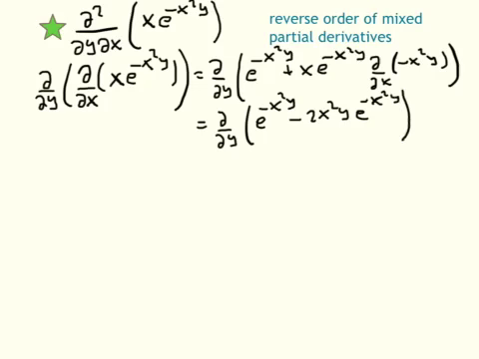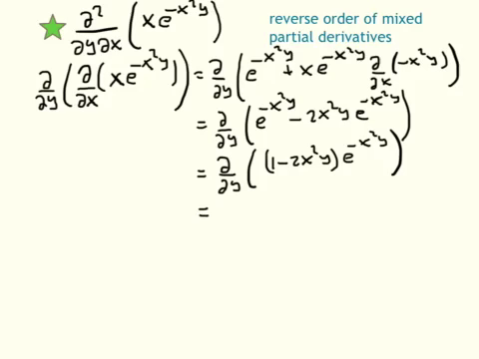So now to calculate the derivative of this, I think the easiest thing to do is actually just to say that this is d by dy of (1 minus 2x squared y) times e to the minus x squared y. So if we do this, from the first term, using the product rule, we're going to get minus 2x squared times e to the minus x squared y, and then we're going to get plus (1 minus 2x squared y) times the derivative with respect to y